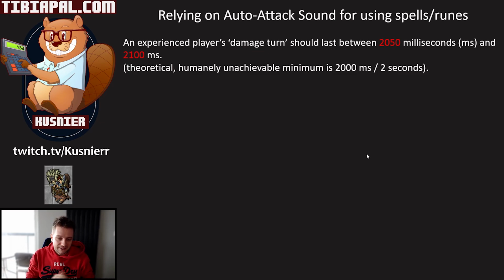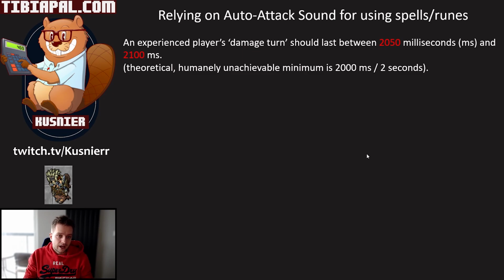I have at this stage probably cast about 1 million spells or more as an EK, and it's just ingrained in me to know exactly when I auto attack and when I should use a spell to not miss an auto attack. This doesn't mean I never miss an auto attack, but I would guess I hit about 29 out of 30 auto attacks, so 29 in like a 60-second period, and I might miss one due to casting a spell too quickly.